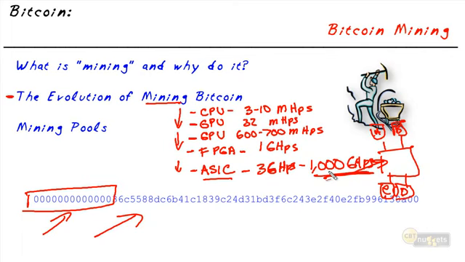So as the tide rises, all boats will rise. And if the blocks start getting solved too quickly, the system will automatically adjust and will increase the level of difficulty for the hash on the upcoming blocks. So every 2 weeks it adjusts a little bit. So blocks will continue to happen every 10 minutes, and the rewards are not going to really increase above and beyond what they are now, which is basically 25 Bitcoin and a little bit of change for solving each and every new block that is calculated and then added to the blockchain.